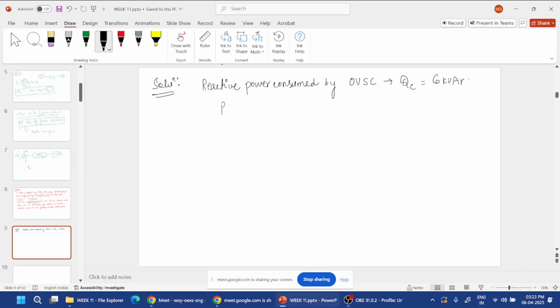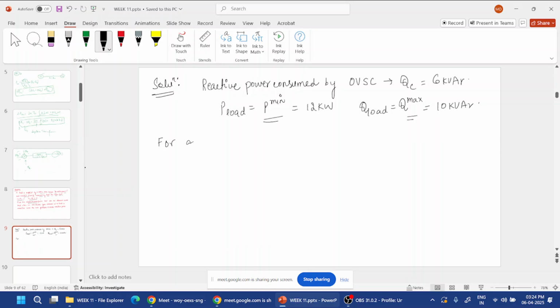And P load, P minimum, is equal to 12 kilowatt. Then Q load is Q maximum equal to 10 kVAR. Why are we taking the minimum and maximum of the load? Because for a minimum